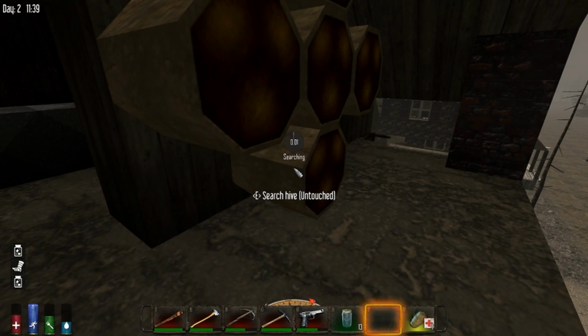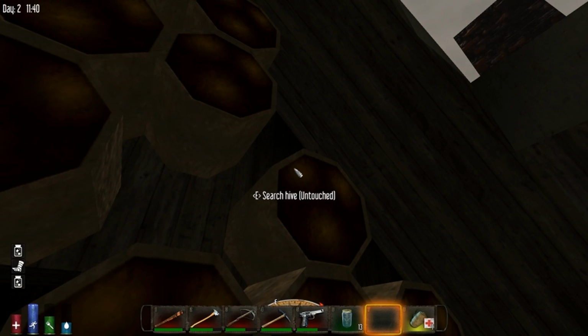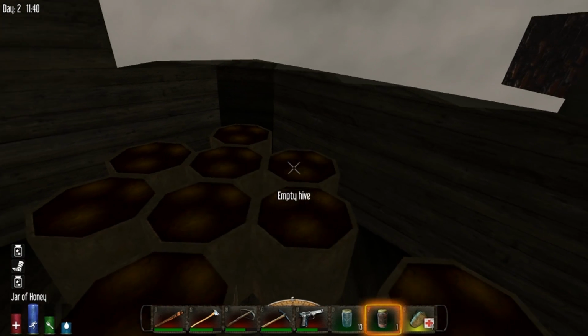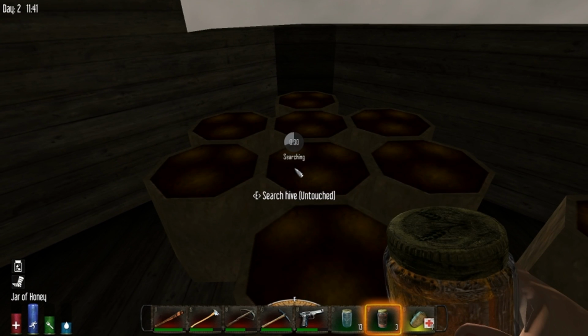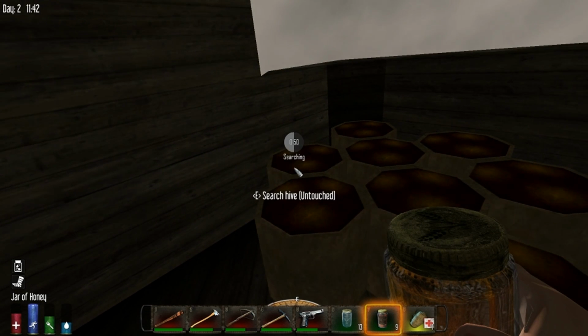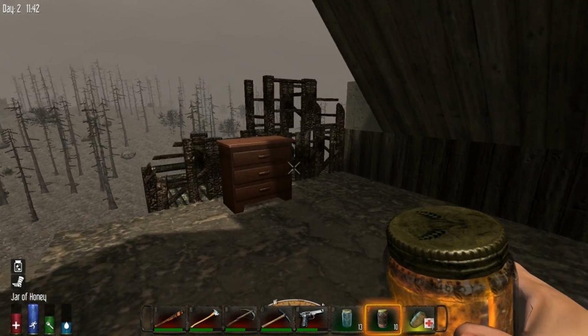I want this honey for sure. Honey is a source of food. It's a source of hydration. And it refills your stamina. So we don't want to leave honey behind. It's one of the better early game finds. The fact that you can only stack 10 makes life a little bit difficult, but alright, so where are we